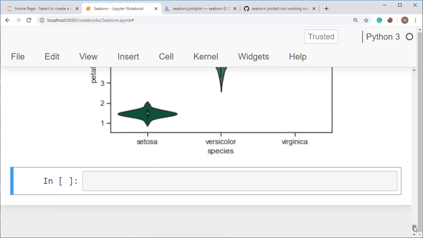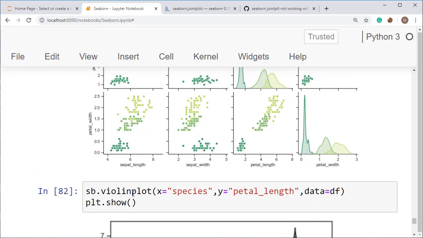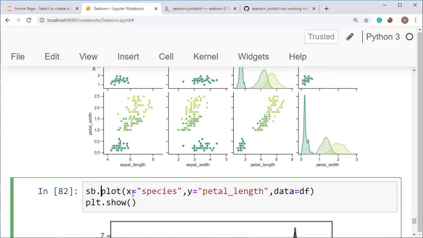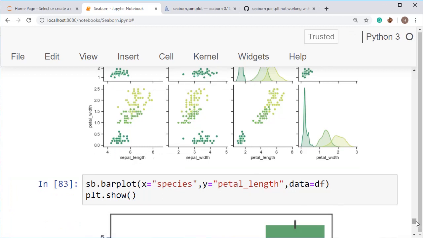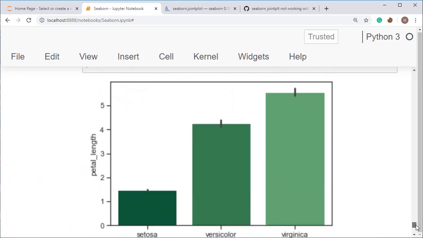In this format you can plot this, and you can also plot a statistical estimation like a bar plot and other things. For that, use the same data and just change the name to bar, and you will get a bar plot. So this one is our bar plot.